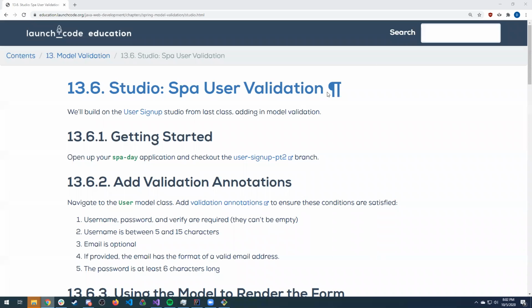Let's go ahead and get this studio review underway. First things first, they offered a checkpoint, I guess, for you to use, which I switched to, but I don't think you would have had to have checked out this particular branch if you wanted to continue from what you were working on over the last few studios. That would have been okay as well. But